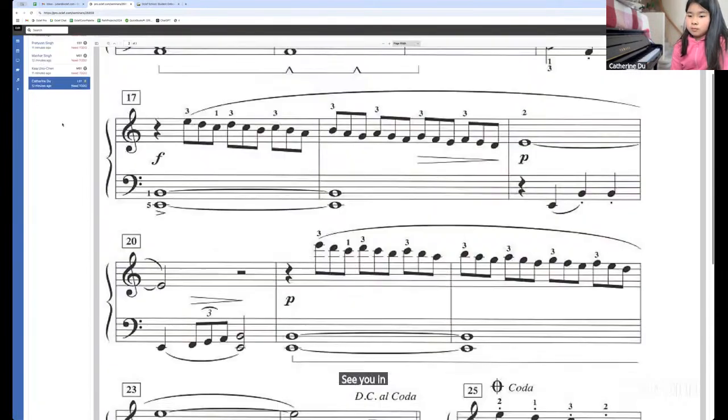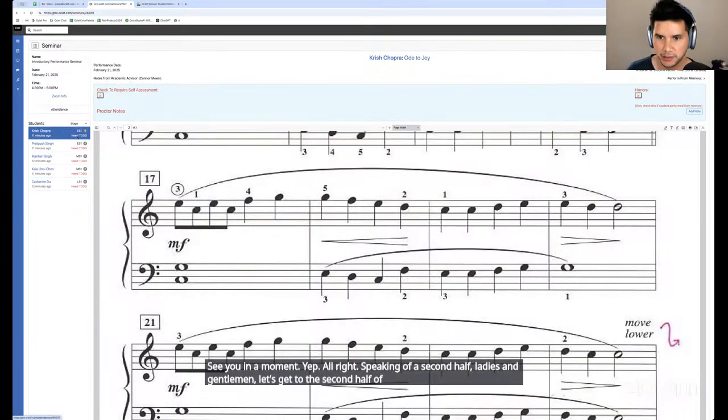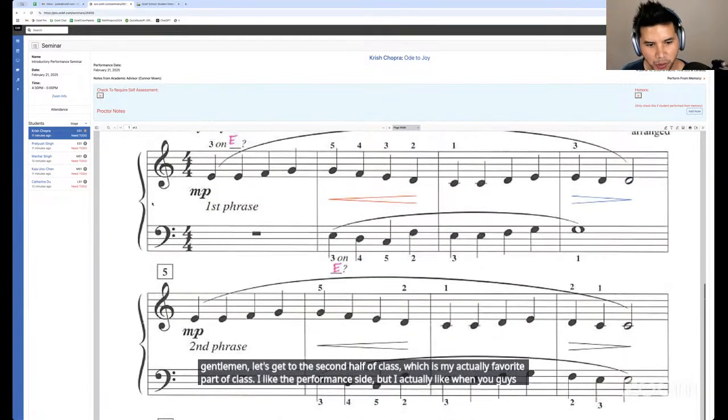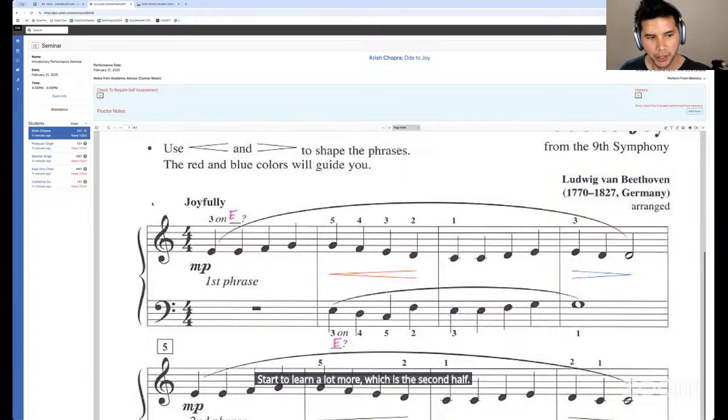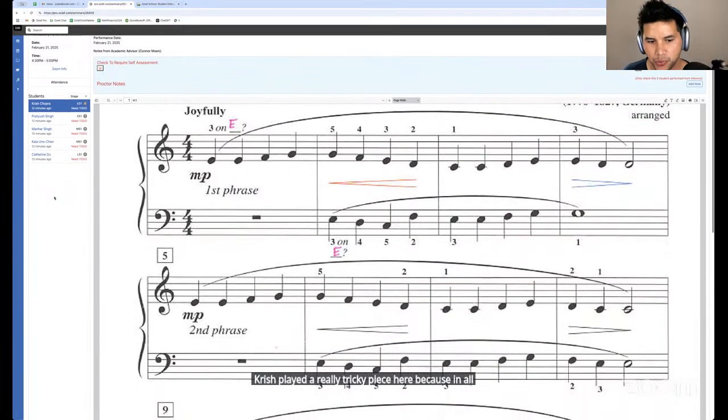Yep. All right. Speaking of a second half, ladies and gentlemen, let's get to the second half of class, which is actually my favorite part of class. I like the performance side, but I actually like when you guys start to learn a lot more, which is the second half. Krish played a really tricky piece here because in all pieces that he's done previously, he's never